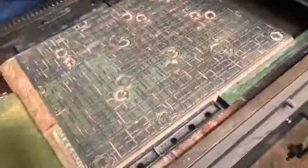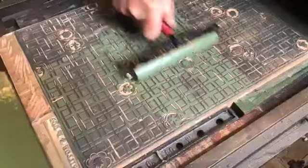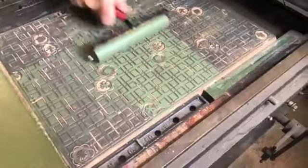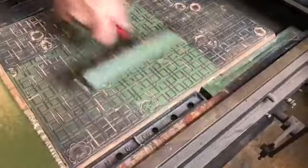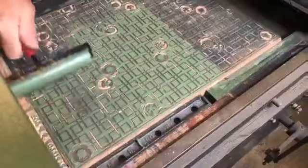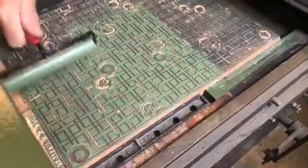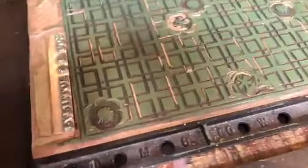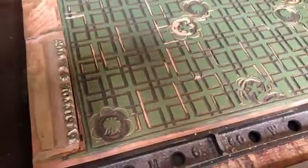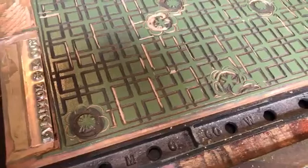And then the first rolling is always the one that takes the most ink because the block is dry. And you can see where I'm going over some of the spots it's a little lighter. So this block isn't completely even, which